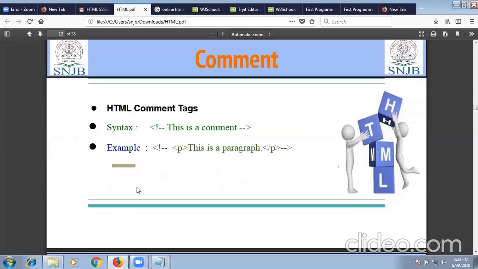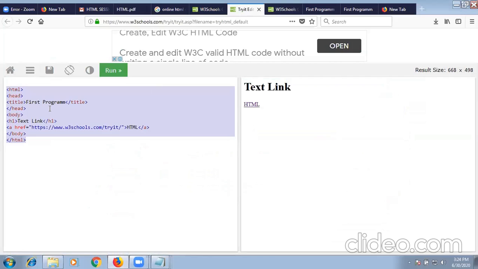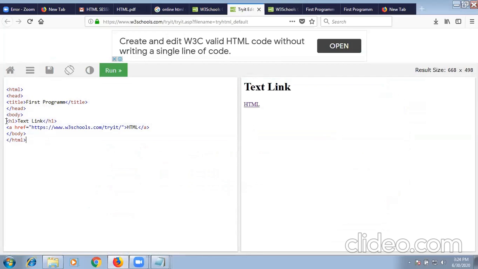Then next one is for comment. The comment is very simple. If you want to give a comment, you just have to use an angular bracket, after that the exclamation mark, then double dash, and close it with double dash and a single angular bracket. So let's try to give a comment to my heading sections. Sequence is important: angular bracket, then exclamation mark, then double dash.